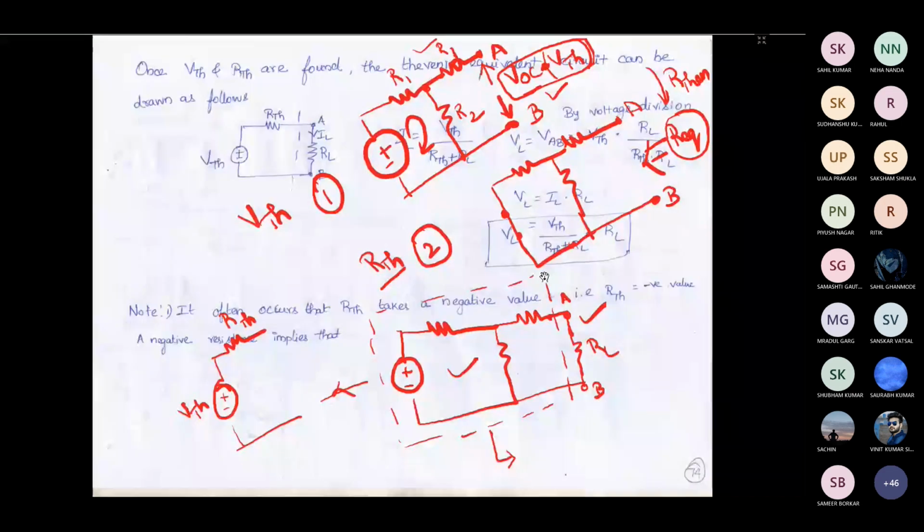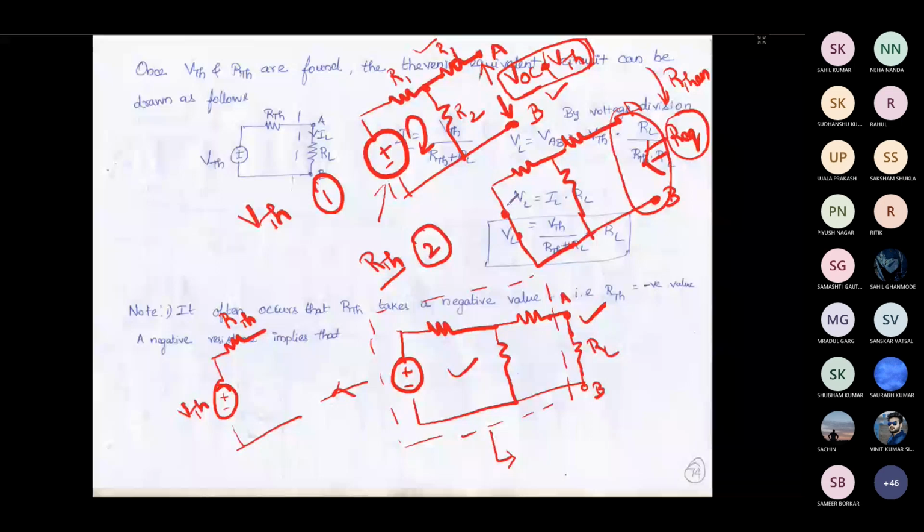In R Thevenin, we need to replace the sources with their internal resistance, whether it is a voltage source or current source. For a voltage source, the internal resistance is zero, so we replace it with a short circuit. If it is a current source, we replace it with an open circuit. Then we find the R equivalent from the load terminal. You should start from the exact opposite, extreme end, and from that end we start solving the circuit.